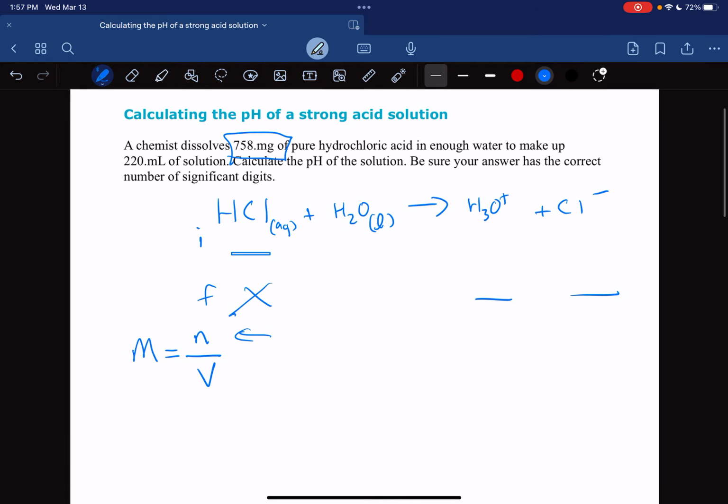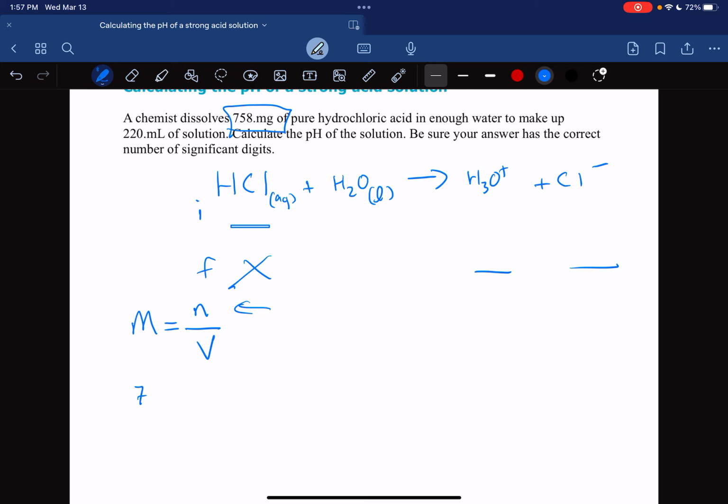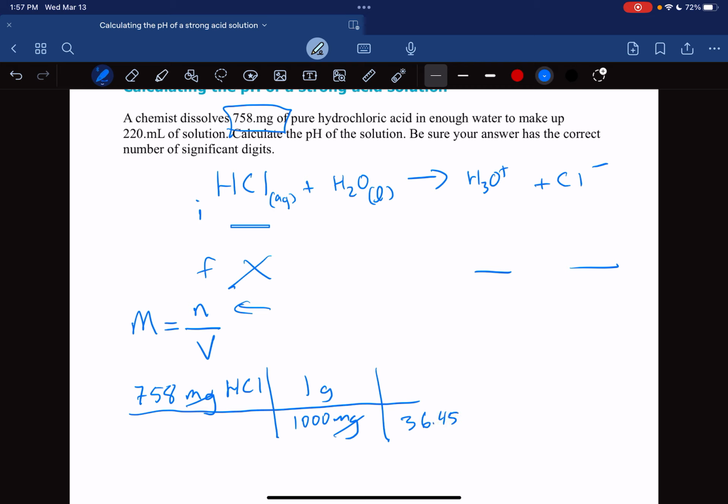But in this particular case, I want to first get from this to moles. So how do I do this so I can plug it into here? Well, I start off with our little train track system here, and I'm going to go 758 milligrams of HCl. And I want to get rid of the milligrams and make it into grams because that's what molar mass is typically written in. And don't we know there's 1,000 milligrams for every 1 gram? That gets rid of our milligrams, and now we're at grams, which is healthy for us. And then we need to look up what the molar mass is, and we know for HCl, it's 36.454 grams for every 1 mole, and that cancels out our grams, and we end up with moles of HCl. I kind of got lazy here writing HCl in all these cases, but I should have. And when we did the math, we end up with